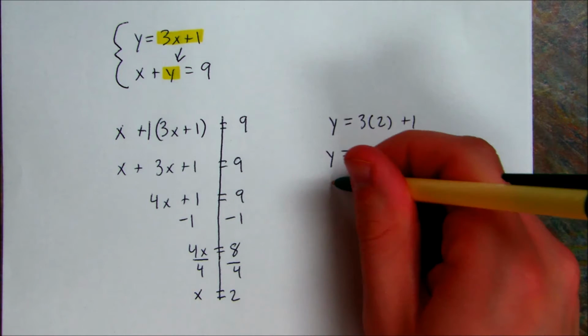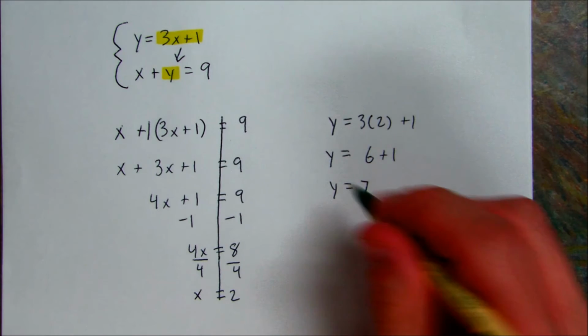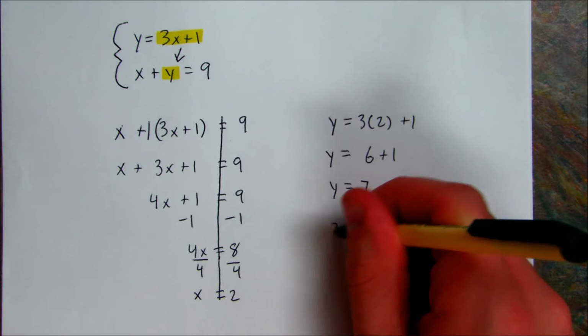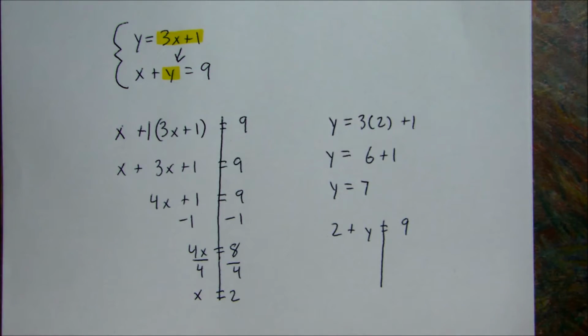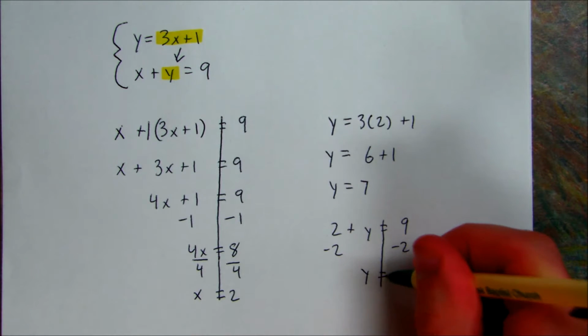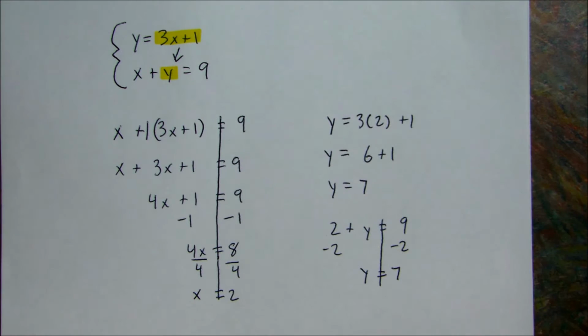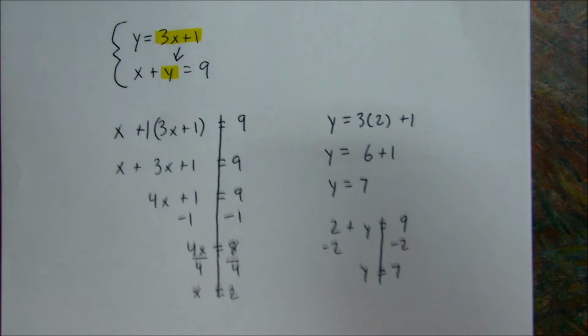So y equals 7. Now to illustrate my point again, I'm going to plug in 2 into the other equation. This just means I'll have a little bit more algebra, nothing too intense, just subtract 2. So y equals 7. Since I got the same thing for both equations when I plug it in,